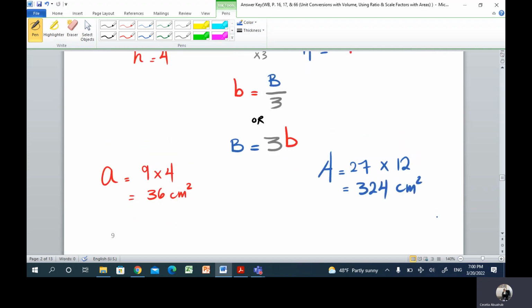If we want to write a formula between A small and A capital, we're going to say that A small is equal to A capital divided by 9. How did I know that? Okay, let's do a ratio, A small to A capital. So A small is basically equal to